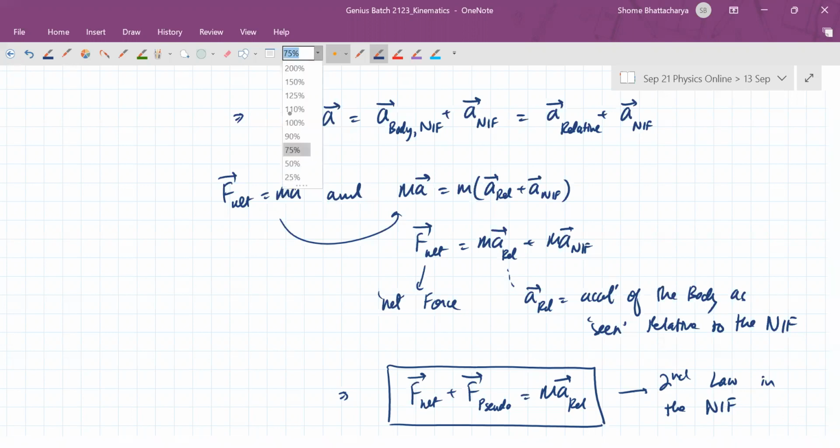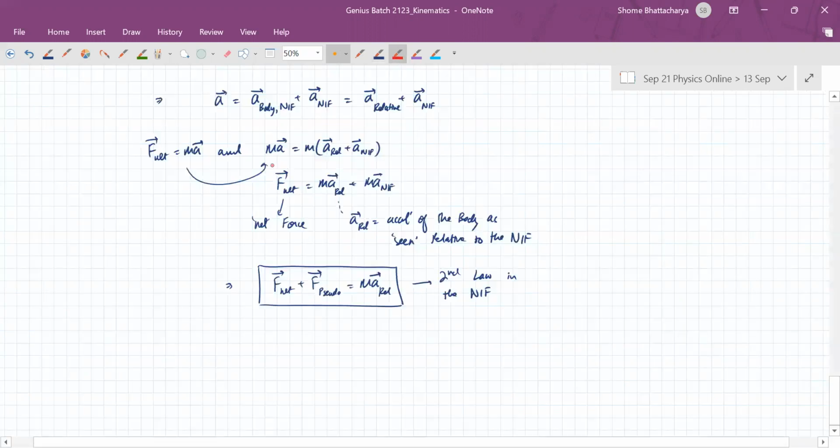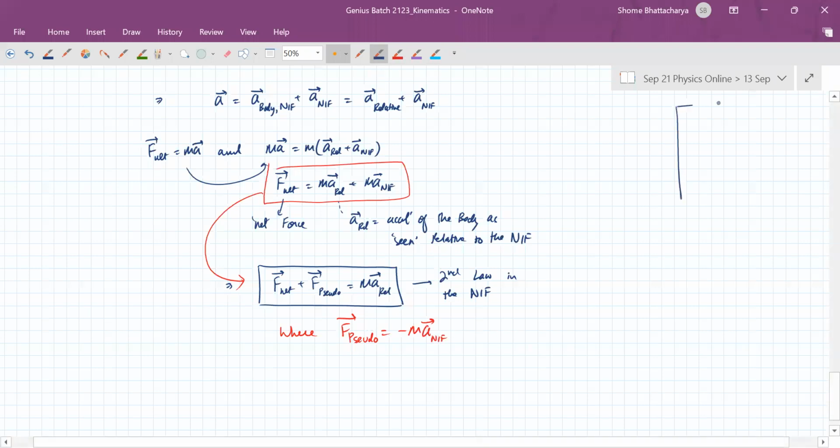Comparing with the above equation, you can see that ultimately this equation is converted to this. So you can see that pseudo force is equal to minus of m into acceleration of the non-inertial frame. So from that perspective, what the observer inside the elevator would say is that on this body in free fall, because he has become a non-inertial frame, which is traveling with an acceleration a naught upwards,